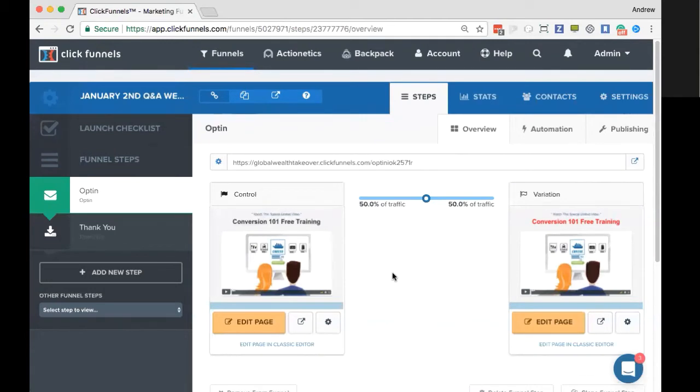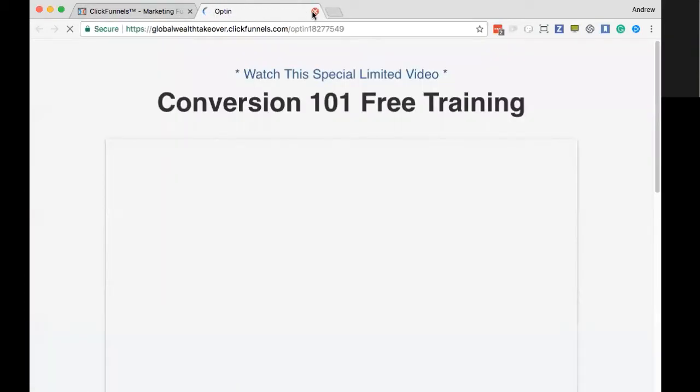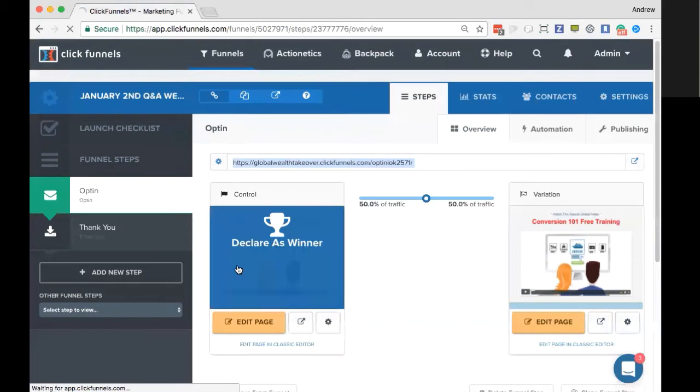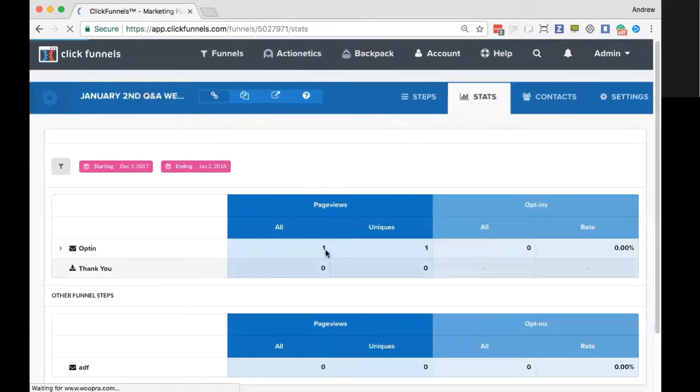If you click on a funnel step to view it, does your view show under statistics? That will depend on where you view it. So if you go to the URL itself, if I go to this URL, that's actually the URL for the page. So this is going to show a stat on this particular page. Right, as you can see here, we have a unique page view as well as a regular page view.